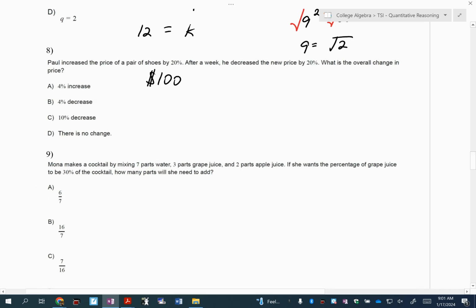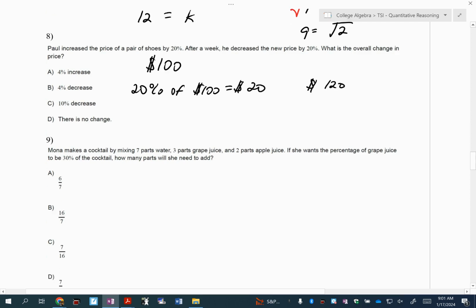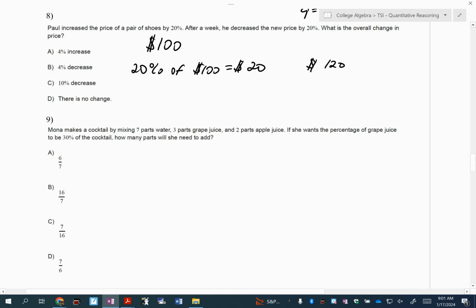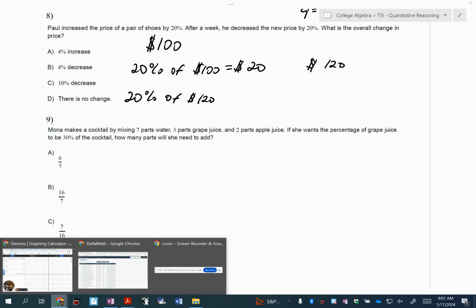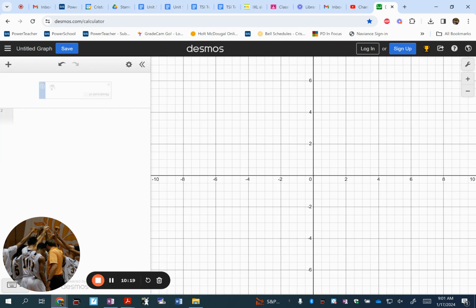Probably pretty standard here. So if we're going to increase it by 20%, what is 20% of $100? So that would be $20. So now we're up to 120. But then it says after a week, Paul decreases this 120 price by 20%. So what's 20% of 120? Again, you can go into the calculator and do 20% of 120 if you want, right? 0.2 times